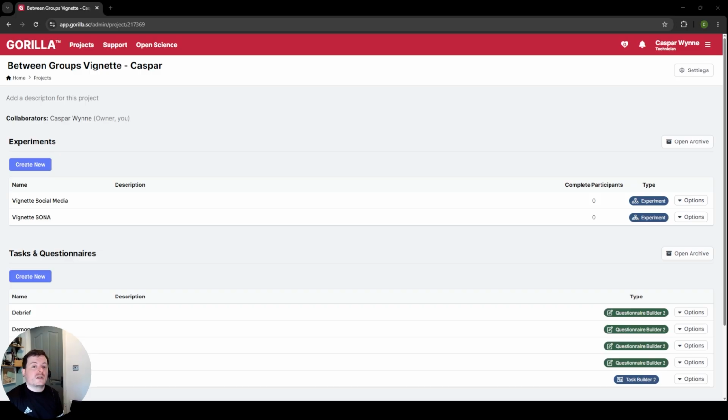So this could be something like age, for example. We might not want participants under the age of 18 to take part in our study, so we could use screening as a way of removing them from the study before they submit any data or experience anything that they shouldn't experience. So to do this, I'm going to be working in our Between Groups vignette project that I built